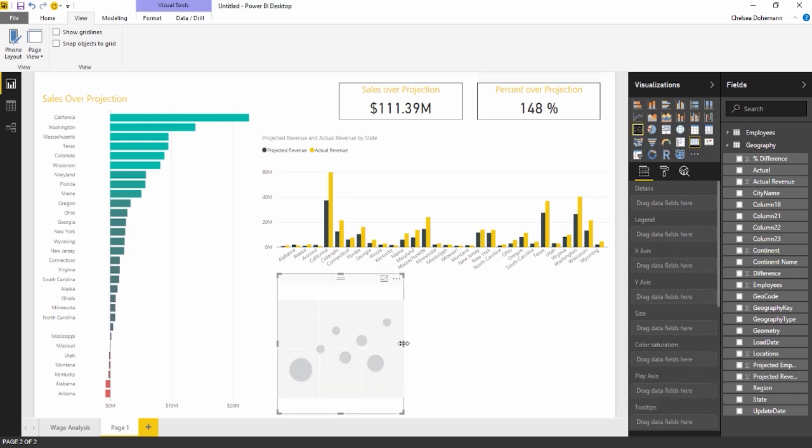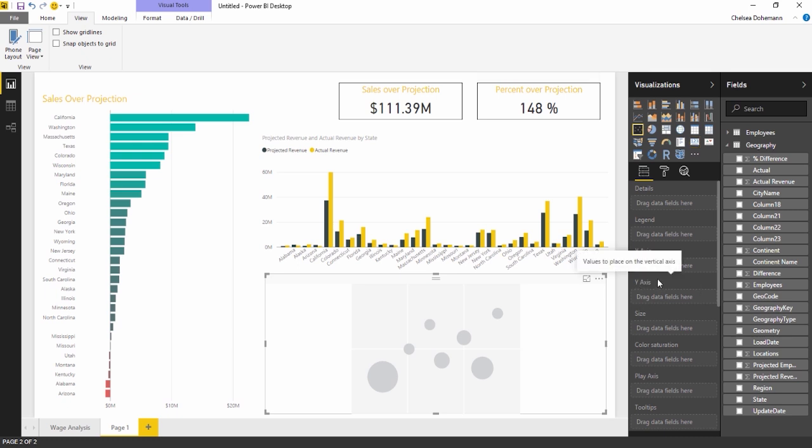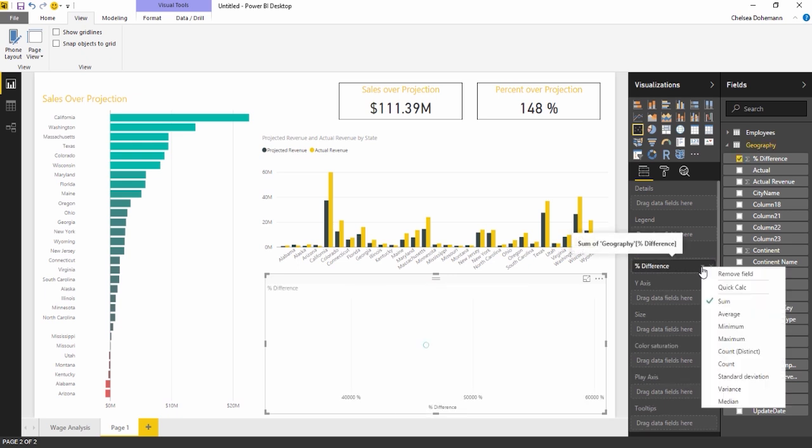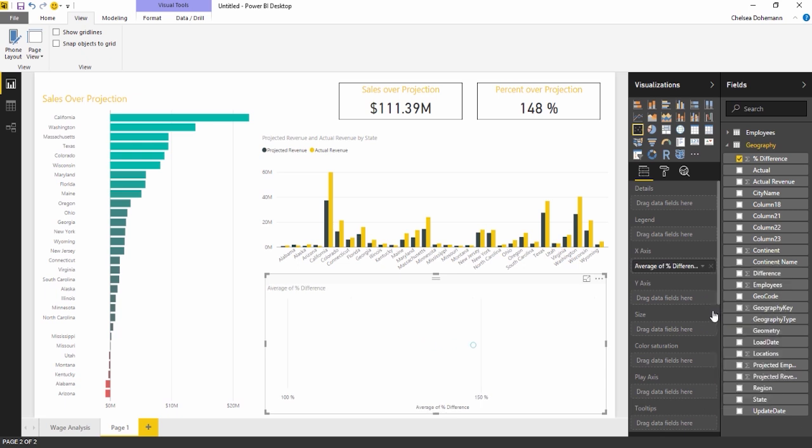If I just use a regular scatter chart, they typically use 2 measures, which just means height and width placement, or x-axis and y-axis placement. And you'll see over here in the fields for your scatter plot that you have an option for an x-axis and y-axis placement. Let's just go ahead and get started with those. I'm going to grab my percent difference and place it in the x-axis. And of course, that is a percent, and I want to make sure that it changes to average, that it's using average there. And then I'm also going to use my actual revenue, and I'm going to put it in